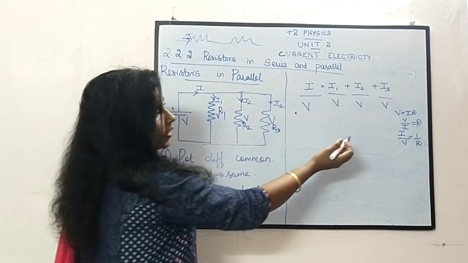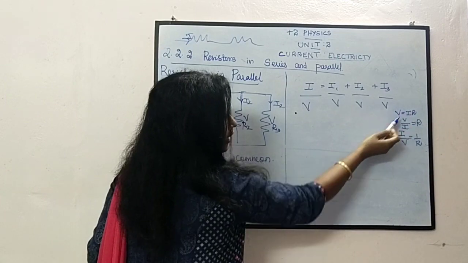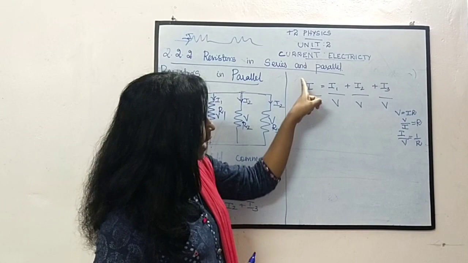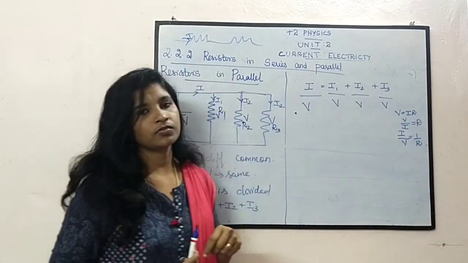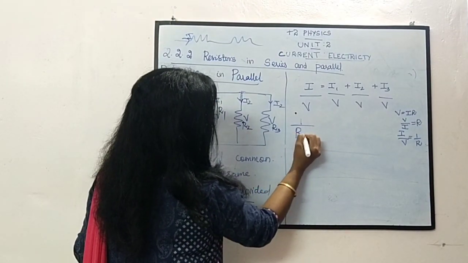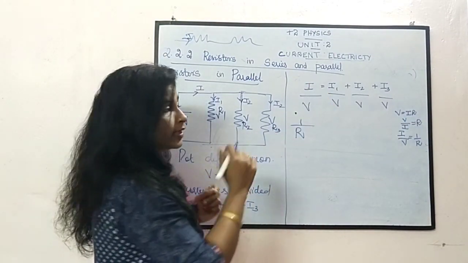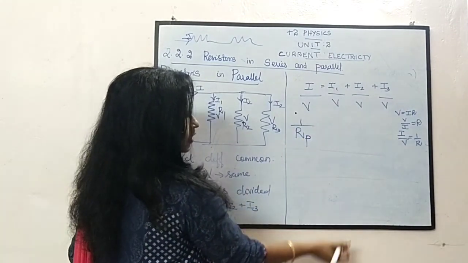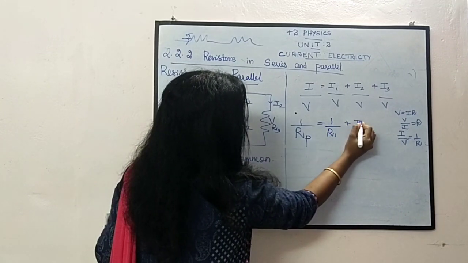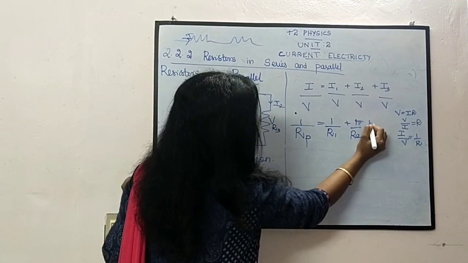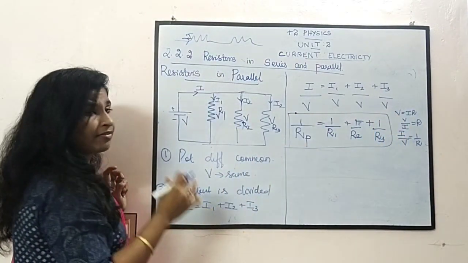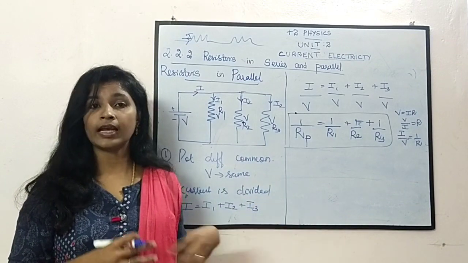I know that V is equal to IR. So V by I is equal to R. Right? Here I am having I by V. So what is I by V? It is 1 by R. So I can write I by V equal to 1 by R. So this is my effective resistance in parallel, so I am writing a suffix P. I1 by V means 1 by R1, I2 by V means 1 by R2 and I3 by V means 1 by R3. So this is my effective resistance when it is connected in parallel.